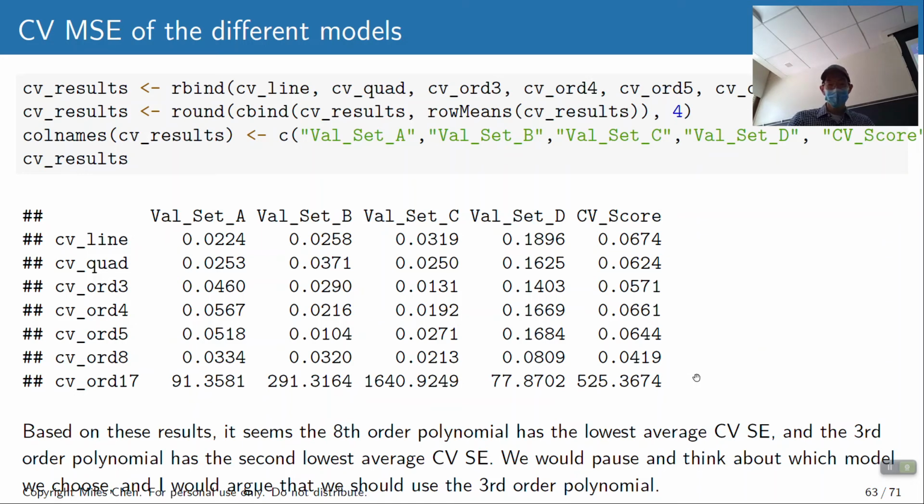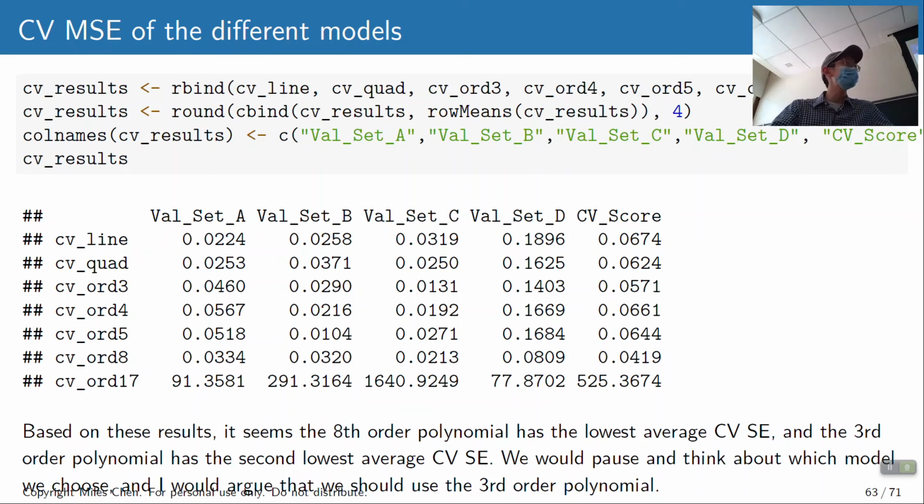The second lowest cross-validation score is the 3rd order polynomial, 0.0571, and the others are a little bit higher. So you pause, and if you just said, let's use the lowest cross-validation score, you'd say, okay, let's go with the 8th order polynomial. But then you go, well,